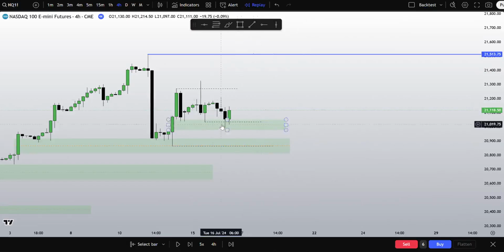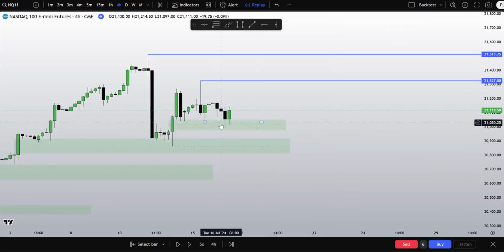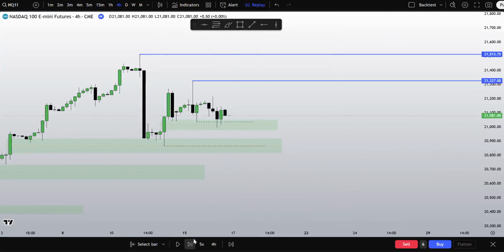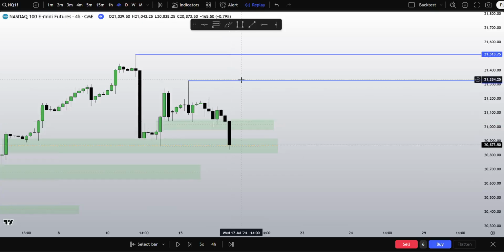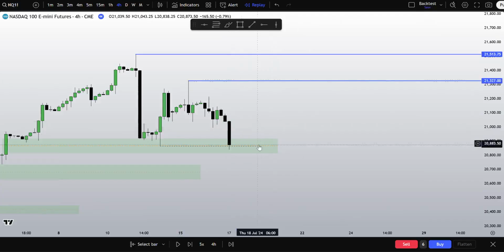Again, so we see this low get taken. I want to see us head higher. My eyes are here, 20,327, and then potentially 513. So what's most likely to happen? If we disrespect it, I want to see this low. But my main bias is towards this high. So we do come towards this low here.